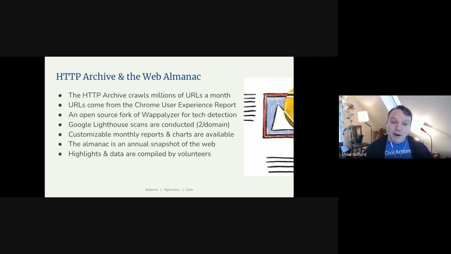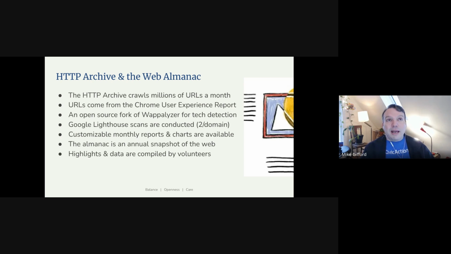And the HTTP Archive crawls millions of websites a month. I think it's about 17 million. That's at least the number that we used for the Web Almanac: 17 million websites were crawled for this. And the URLs come from the Chrome User Experience Report. So a lot of this is tied to Google and Google's infrastructure. But